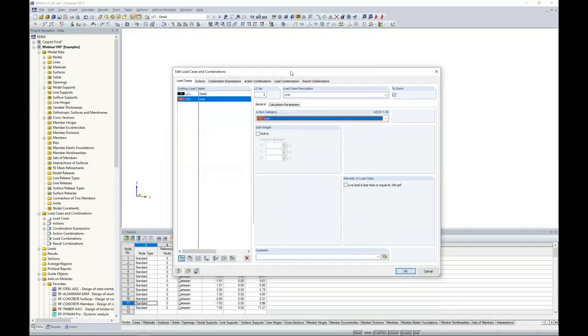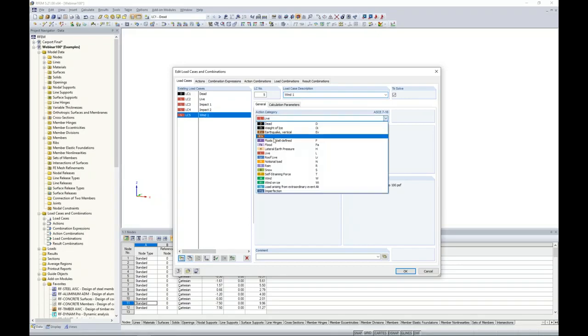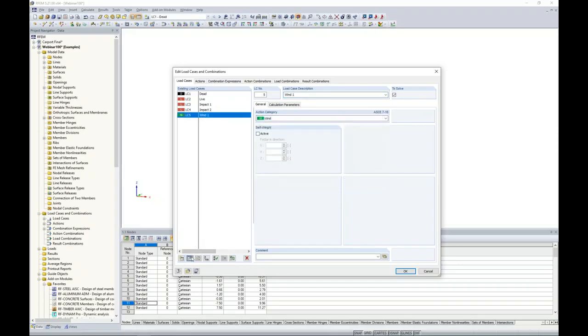So we'll create a couple of additional live load cases for impact. So we'll call this one Impact 1. And the action category is set to live. We can make a copy of this load case and we can rename it to Impact 2. I'm going to create a load case here for Wind 1 with the action category of Wind. And once again, I'll make a copy of this one and create a second load case for Wind 2. Now, of course, you'll probably have many more load cases for your project design, but for today's example, we will